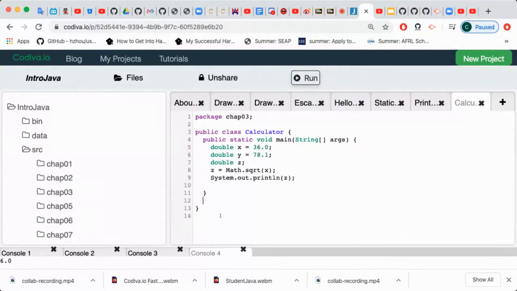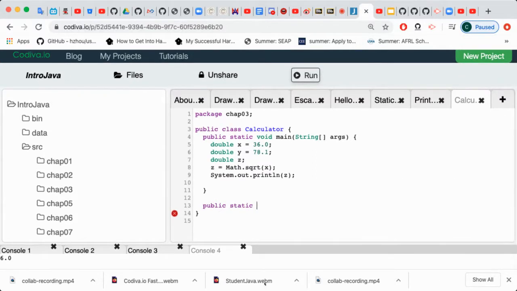So for example, if you give me 2 numbers, how can we calculate the hypotenuse of the value? And so we can create a method, public static, and it will return a double value, and we call this